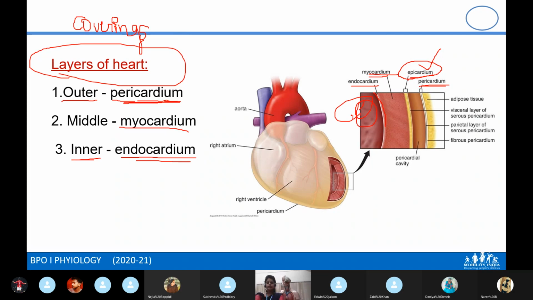So is it clear now? Structure of heart is clear? Yes, ma'am. Okay, everyone? Yes, ma'am. Okay, fine. You read from the book as well. You read from the video. Now, anybody done the video? Recording is happening? Yes, ma'am. Okay, fine. So read from the book and read from the video.